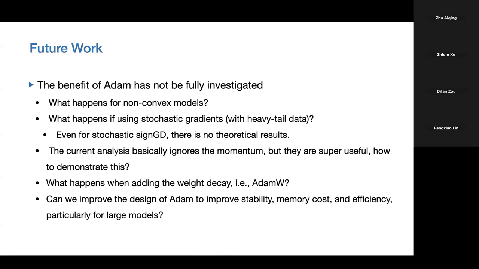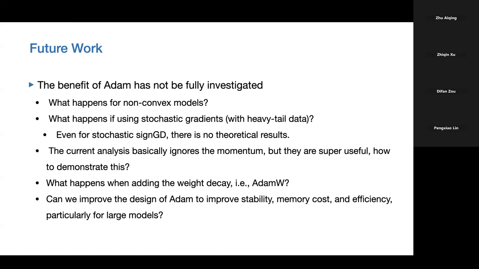Also, what happens if we consider stochastic gradient is very critical for Adam-based research, because even for sign gradient descent, if you consider the stochastic version, that will be very different from the full batch version. And in large language models, we typically have weight decay, which is AdamW, where we put the weight decay outside of the Adam update. So what happens if we have the weight decay, and why is AdamW becoming a default choice in training